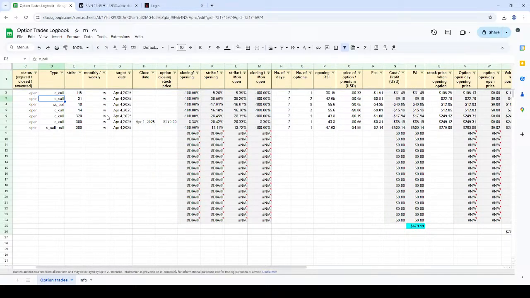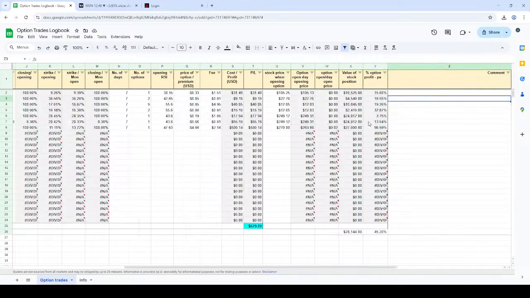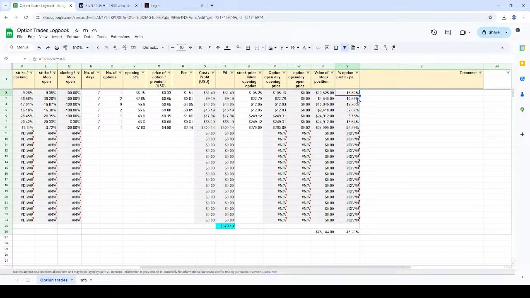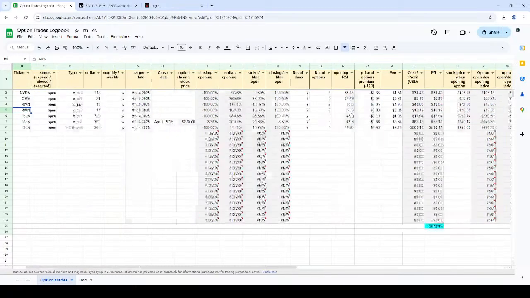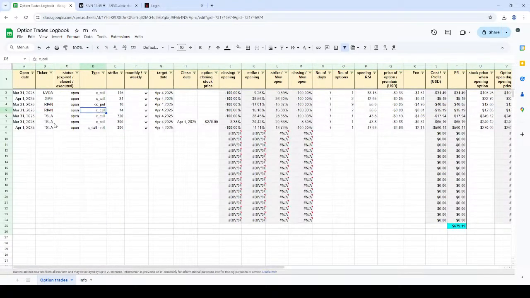For Nvidia, also the annual return would not be so high. But we can have a look at this one, 30%. So on average, I target 30% return on my capital per year. And for Rivian, I sold